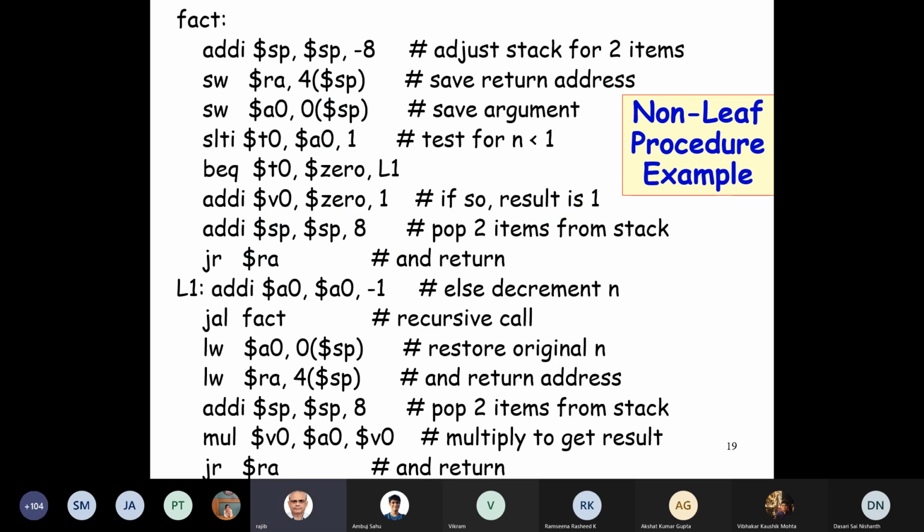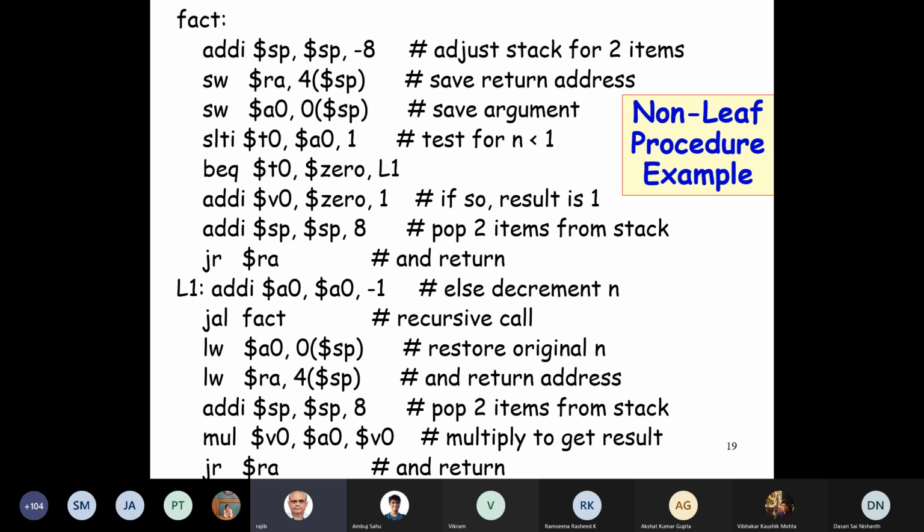So here, as always, we'll have the address, the name of the function as a label here. So fact is the name of the procedure, made it into label. And now we need to store this return address and argument register.